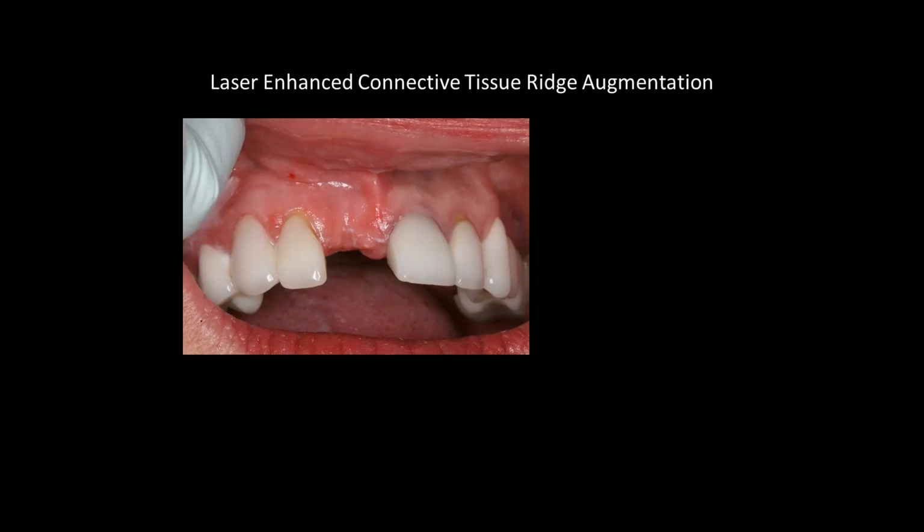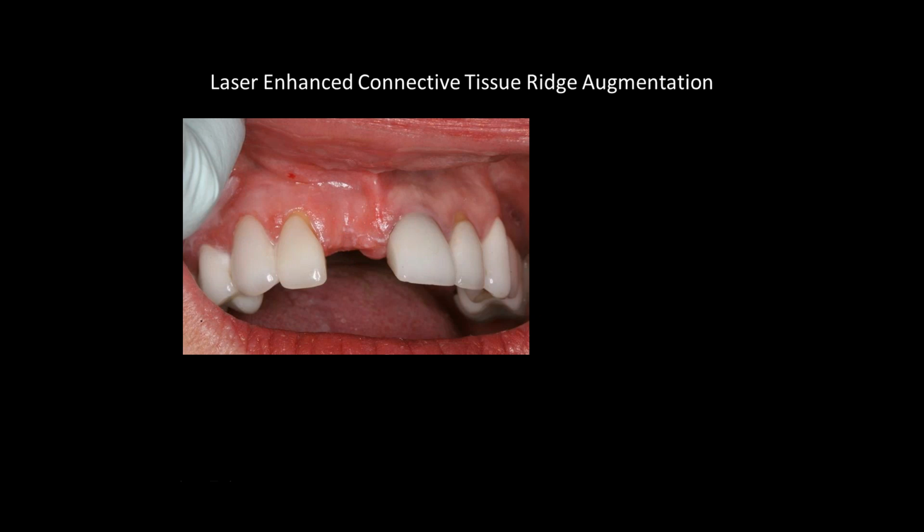So another procedure which I've kind of offshoot, and I'll talk more detail in a future webinar, is being able to take that tissue that we're going to use, that we're going to uncover, say, an implant or use for an ovaponic site, and actually use it to enhance an atrophied ridge. So if we've got a dentulous ridge where the alveolar bone has dipped in, and we want to enhance that, then what we'll do is a 3-sided cut on this Pontic site, leave it attached on the facial aspect,